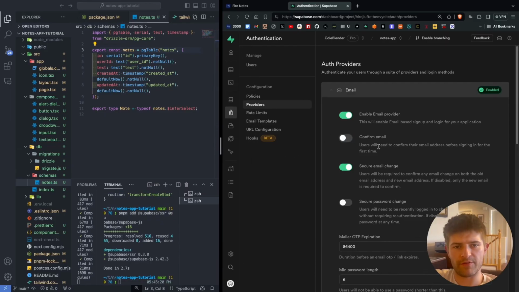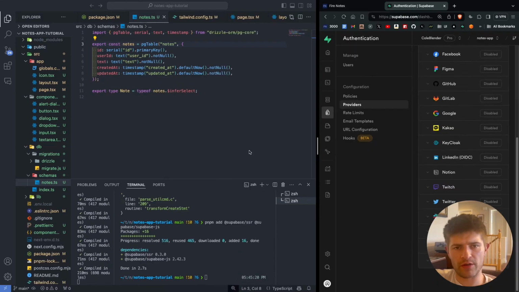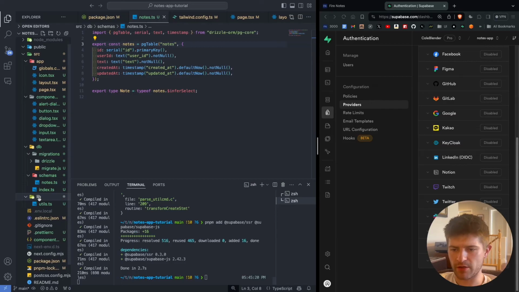And then for this demo, we're going to unclick confirm email. So I've made another video on how to set this up using resend email so that when you sign up, it sends you a verification email. If you want to know how to do that, then watch that video. But for this, if you sign up with an email, boom, you signed up, period. So click that and then save that. If you want to learn more in depth about Supabase Auth, watch that video. I talk about everything. So now in order to use auth, we're going to come here to lib and we're